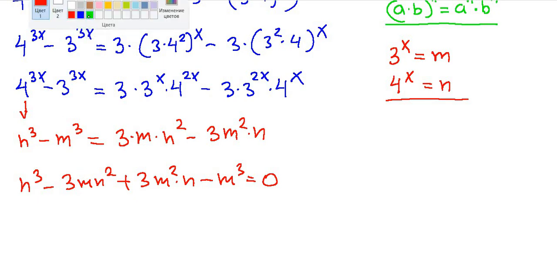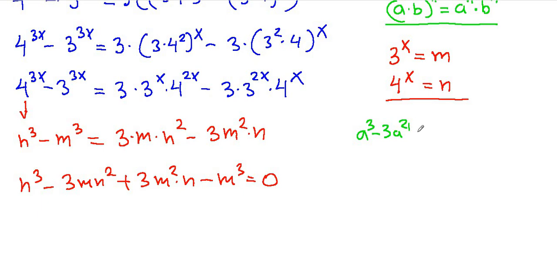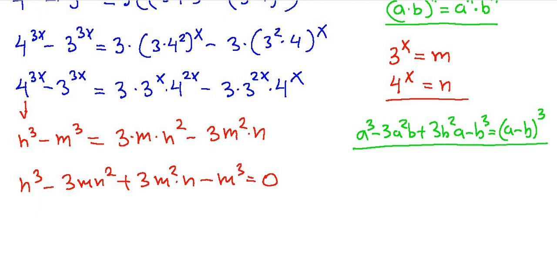We know that a cubed minus 3a squared b plus 3b squared a minus b cubed is always equal to a minus b to the power of 3. Using this, the left hand side can be written simply as n minus m to the power of 3